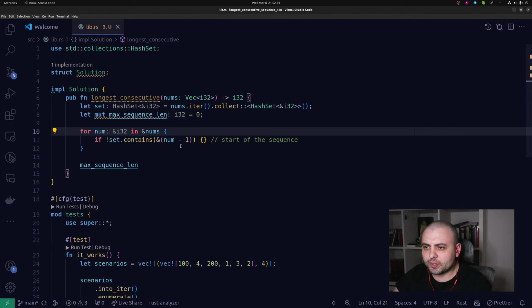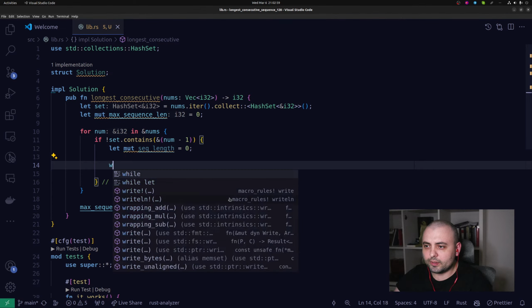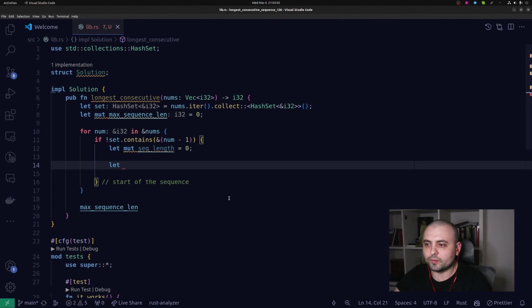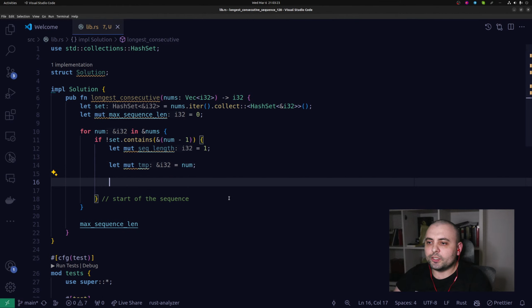Then let's have a mutable variable like sequence length. Start at 0 and then have a copy of our number. Let mutable tmp will be our num, because actually we have our first number, so the sequence length will be 1, not 0 in this case. So we have our num, and now what we need to do,